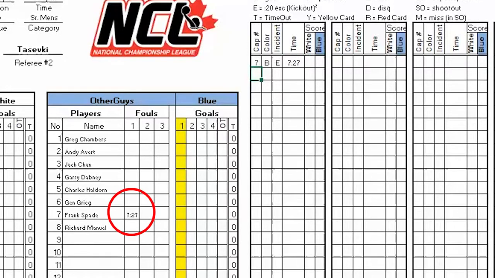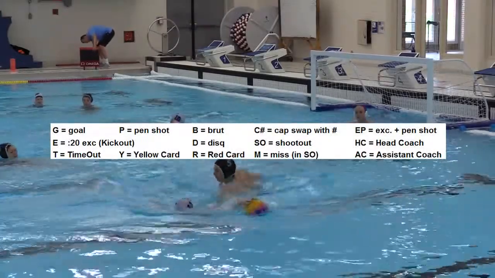Notice now in the team roster section that a penalty has autofilled and is logged beside number 7, blue. That series of entries is identical for all events. Really, the only thing that changes is the event code. You will find reminders for these on top of the game sheet, but it's good to memorize this short and